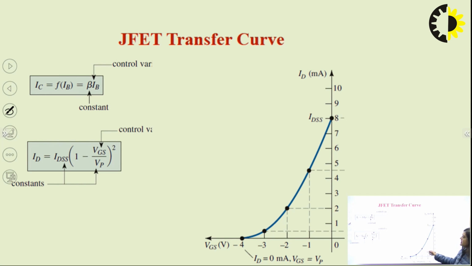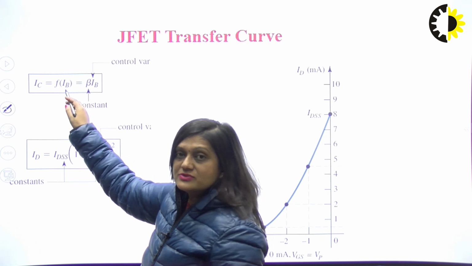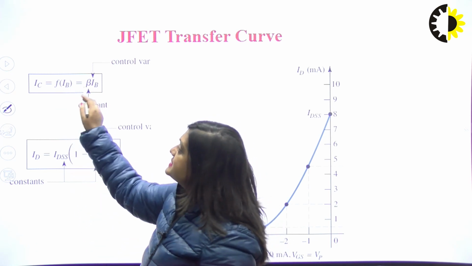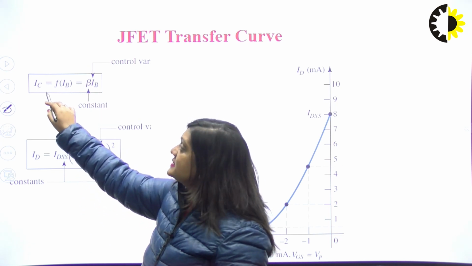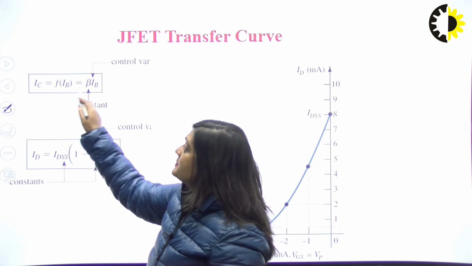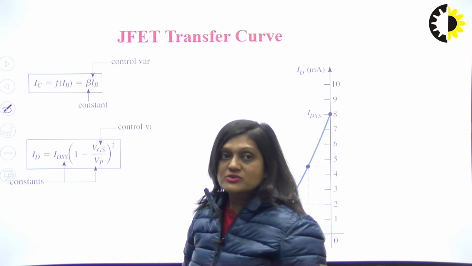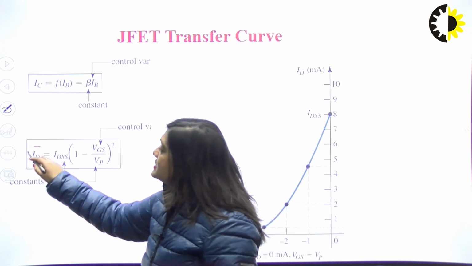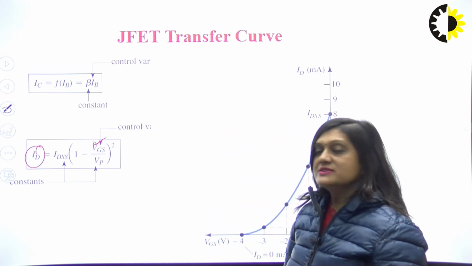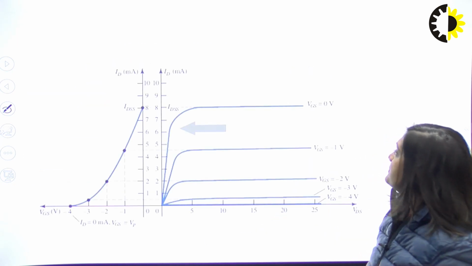Okay, so this is the characteristic curve that I have shown you. BJT is a current control device, because IC is equal to beta IB. IC is the collector current, that is the output current, and IB is the input current. So output current depends upon the input current. FET is a voltage control device, because here the drain current is controlled by VGS. VGS is controlling the drain current. That's why it is the field, that's why it is a voltage control device.